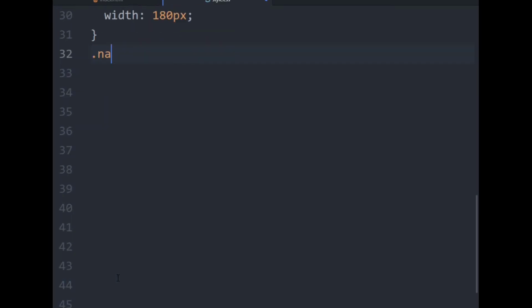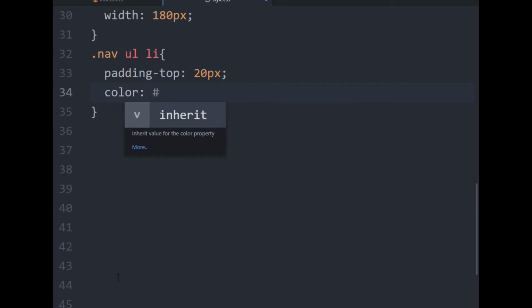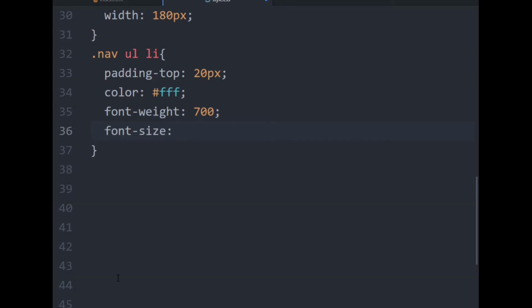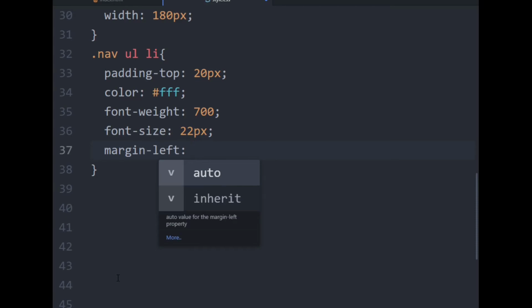Now let's move forward. Our .name UL: padding top 20px, and the color is white. For this item, font weight to be 700. We need a little bold. Font size to be 22px. Another, we need margin left, so we can have a little bit of gap between those list items as they are